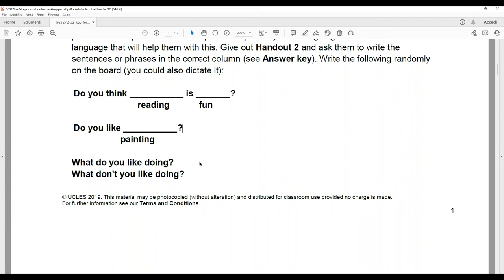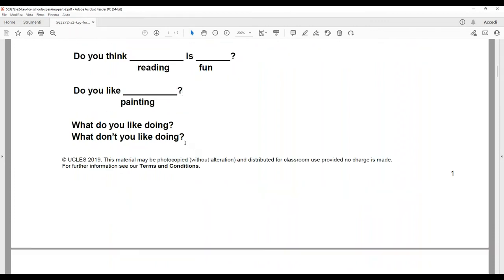I like dancing. These are just some ideas that I'm suggesting to you. What don't you like doing? Well, I don't like watching sports on TV, for example, or I don't like